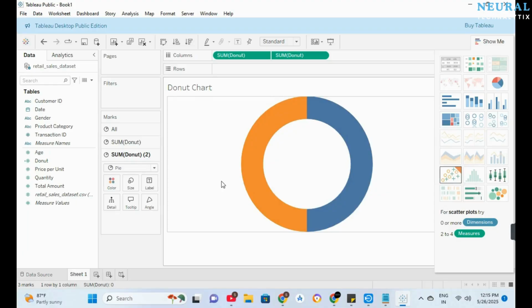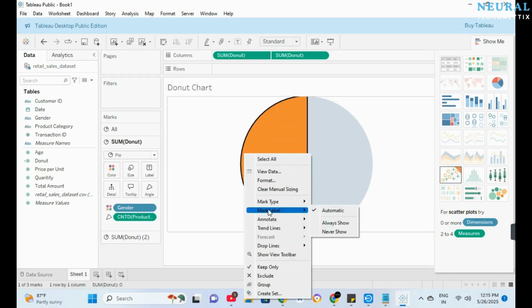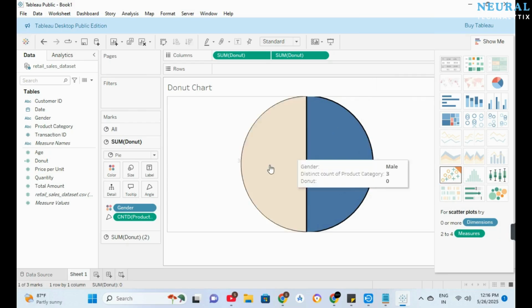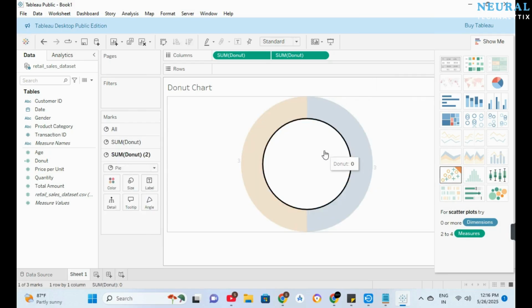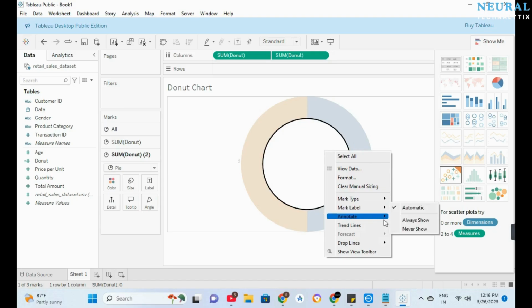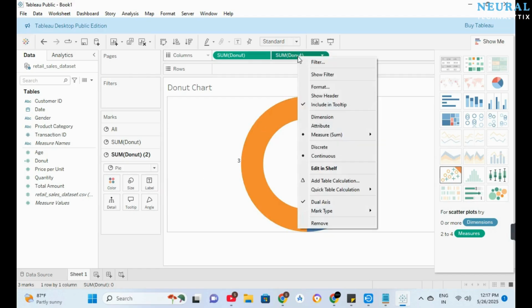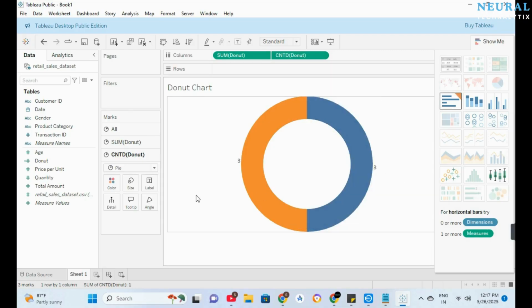Add labels and total, almost done. Now we'll add labels. Click the main donut chart, go to the Label shelf and check Show Mark Labels. Now you'll see the gender counts displayed. Now select the inner chart, go to Label and also check Show Mark Labels. To show the total number of people, drag Emplid again to the Label shelf of the inner chart. Choose Count Distinct, CNTD. This puts the total number right in the center of the donut.